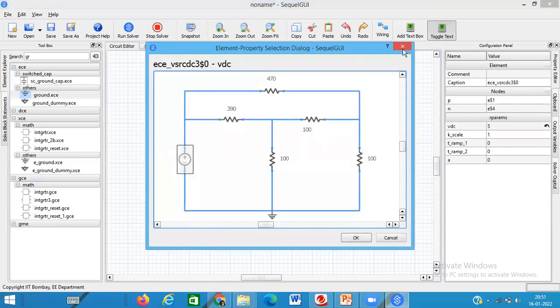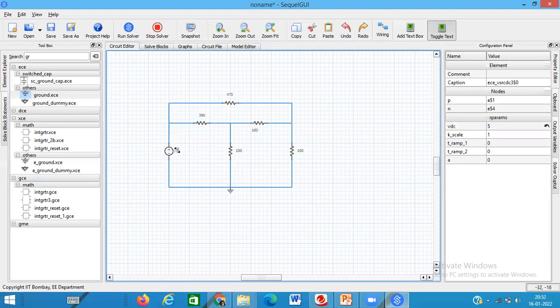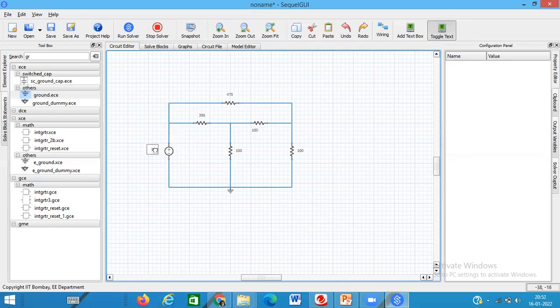And you can see the circuit diagram also. Right? So this is the 5. So 5 volts, 390. All the resistances are placed. This is grounded. So just recheck once again that this connection is proper or not. Because if this connection is not proper, you won't get the correct answers. That's it. Just see that there are no double lines. Right? And check the connection once you put it.